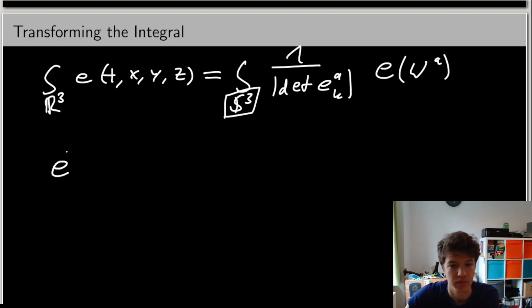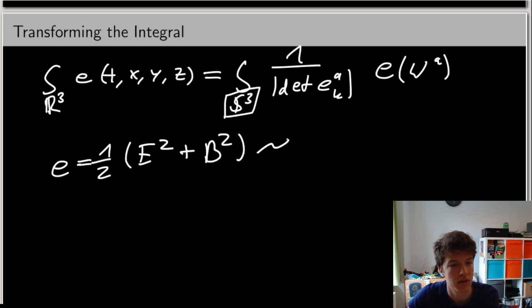And with the final computation, that I also spoiled before, we know that this is proportional to e squared plus b squared,